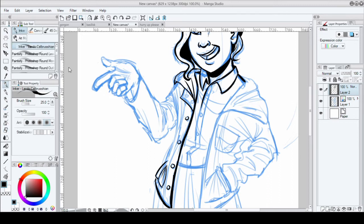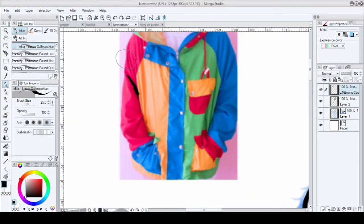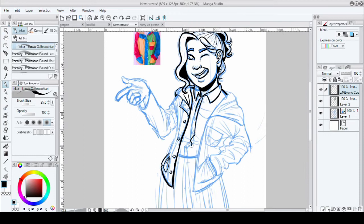I'm going to eventually go over, and here's me showing how I would ink folds, where some folds are thicker than other folds because they're more physically present. Sorry, I'm kind of trying to follow the bit a little bit, but here you can see that I sort of don't follow the sketch as closely as I can, but that's because I think I can do a better job than the sketch has dictated,